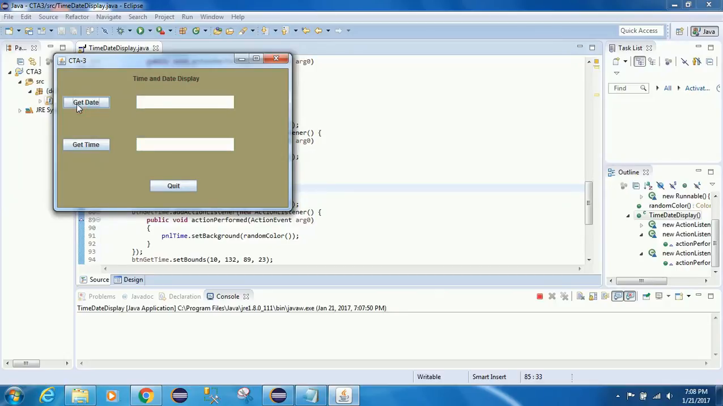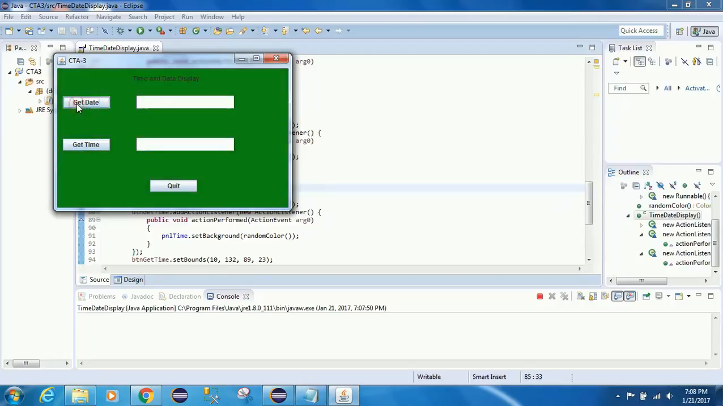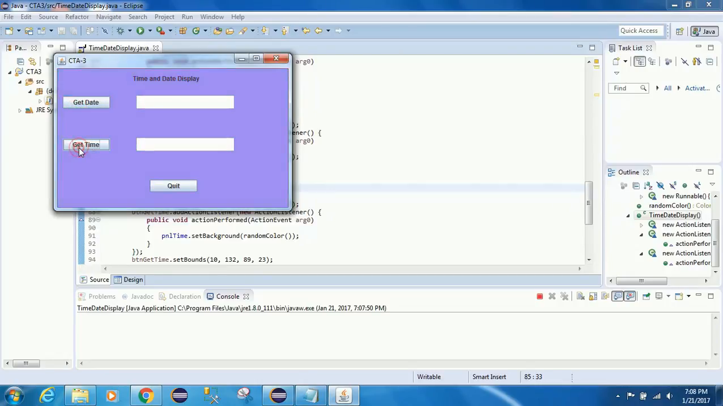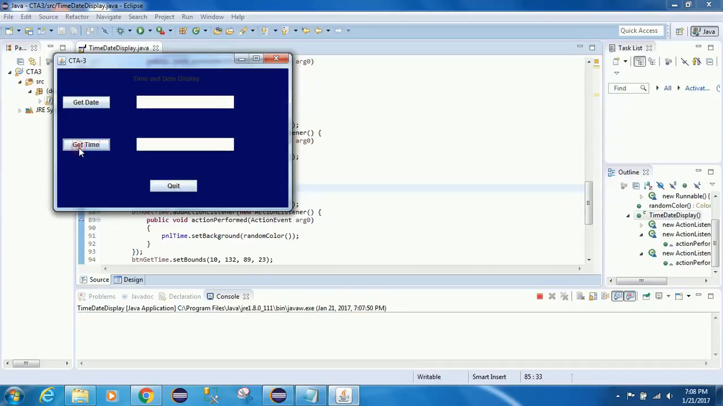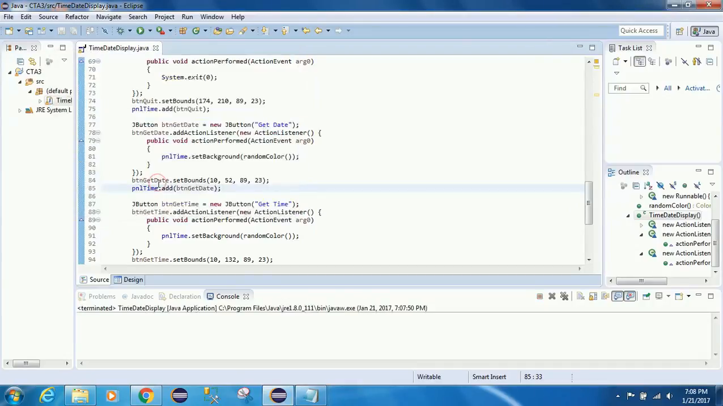It's a combinatorics problem, right? How many different colors are there? If each component of a color varies between 0 and 255, how many combinations of colors can you have? So get time changes as well. Okay, so see if you can answer that question. How many color combinations are there? All right. Okay, and so we solved the problem of generating a different background color based on a button click. So that's it for this particular